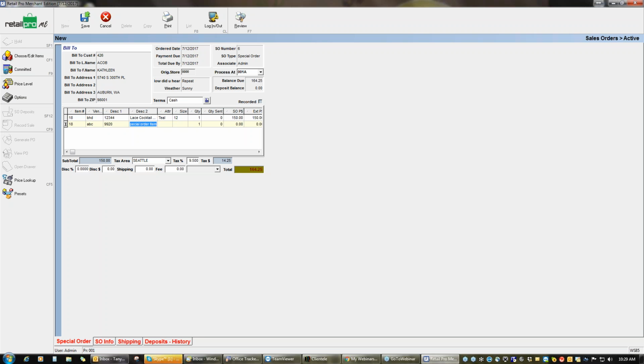And over here, I'm going to put dated. Okay. This is in black. There is no size, and I'm going to charge $55 for it. Okay. So once everything is on the special order for what the customer wants you to order for them, you're